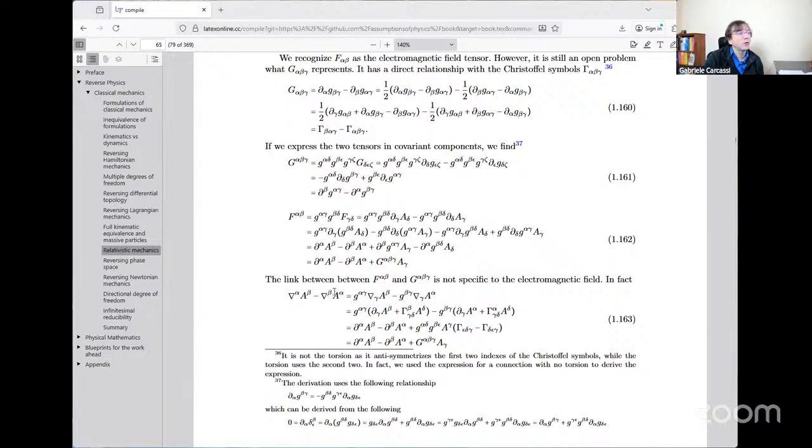It is not true for the upper version of the covariant derivative. And what you find is that the difference between the antisymmetrized covariant derivative and the antisymmetrized standard derivative is exactly that G alpha beta gamma. So it looks like a connection in some sense. Yes, it definitely has some geometric information. I do not know what geometric information it is giving me, and I've never seen it in any textbook that does